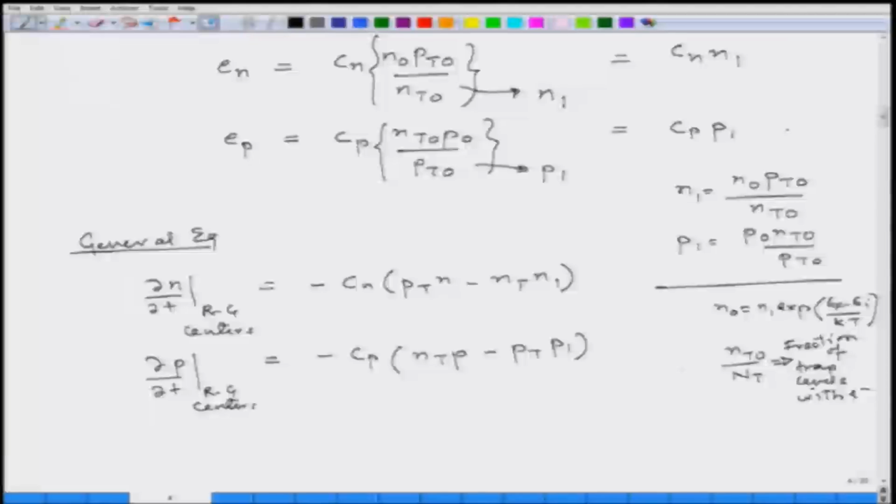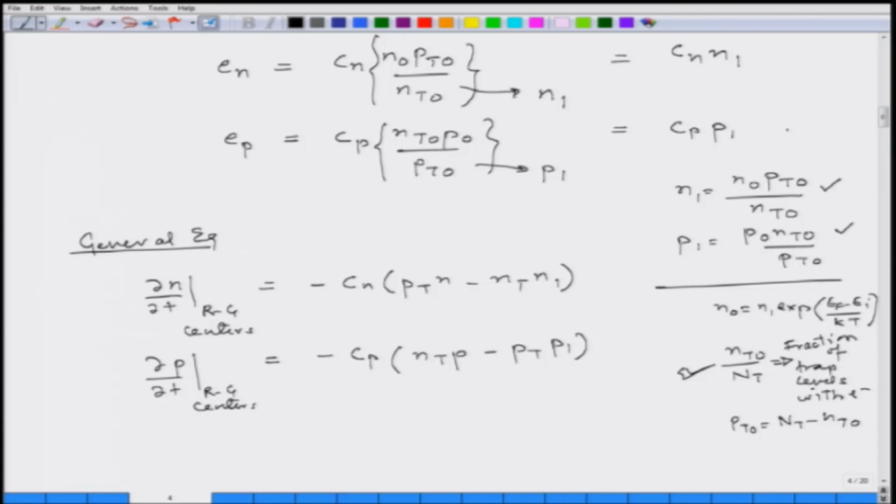We had come up with an expression for how many dopants are ionized at a given time. So, if we know the dopant level and we know the Fermi level, we can calculate how many dopants are going to be ionized. Using the same equation, we can also evaluate how many trap states are going to be ionized, and PTO is nothing but total of NT minus NTO. So, basically this expression N1 and P1 can be calculated,